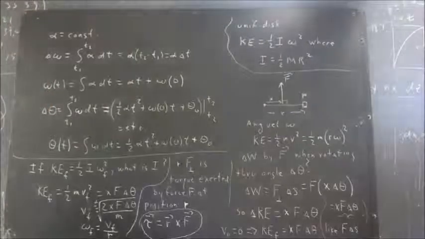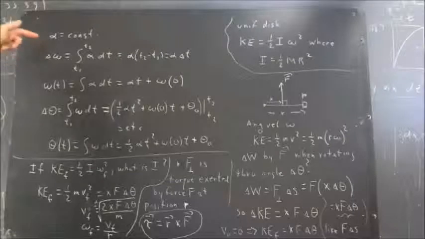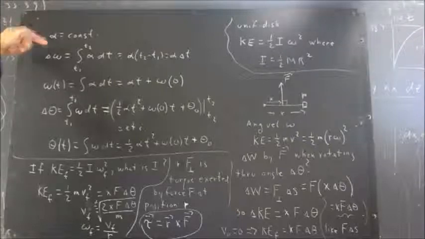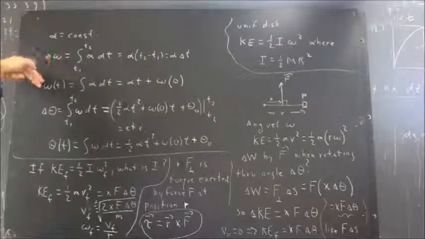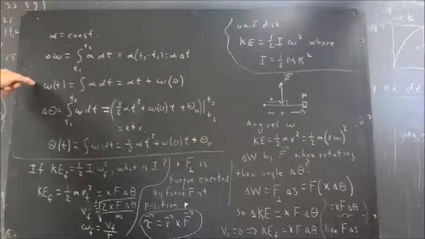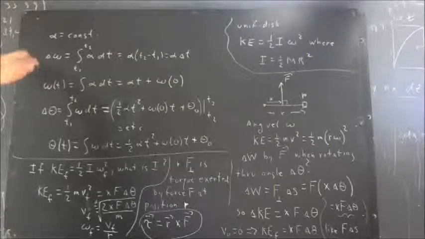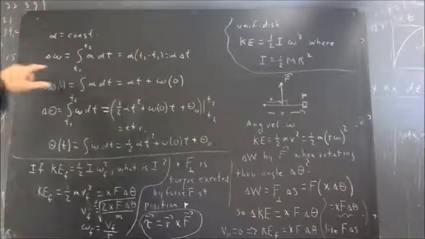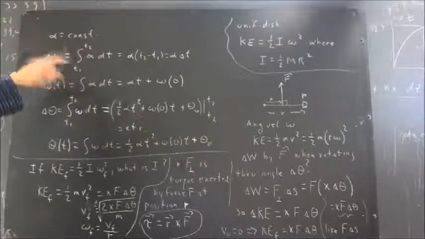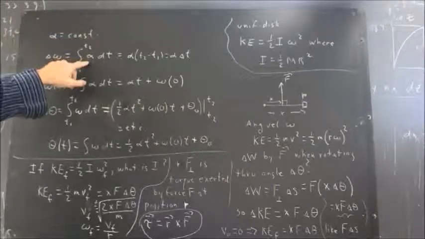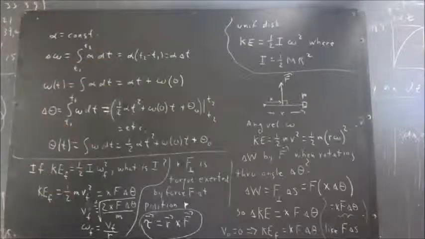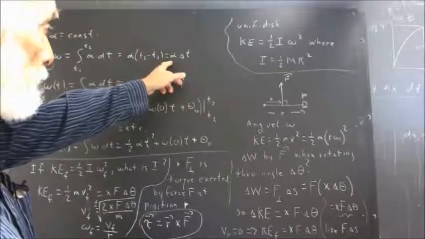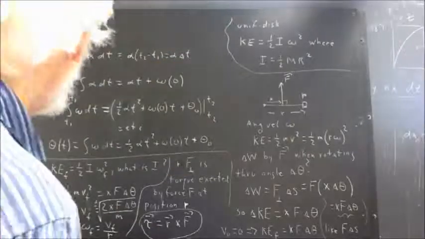Let's start. Okay, now we recall that angular acceleration, represented by alpha, is the rate of change of angular velocity, represented by omega. And that omega, the angular velocity, is the rate of change of angular position theta. So that to find the change in angular velocity, we can integrate between two values of the clock time the angular acceleration, and we find that the change in angular velocity is angular acceleration multiplied by delta t, provided again